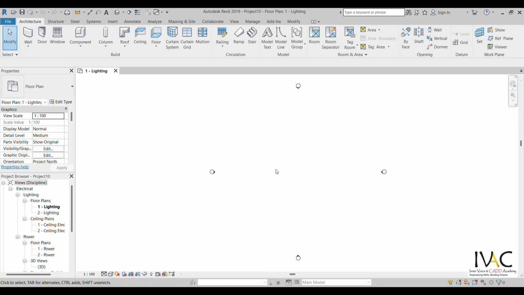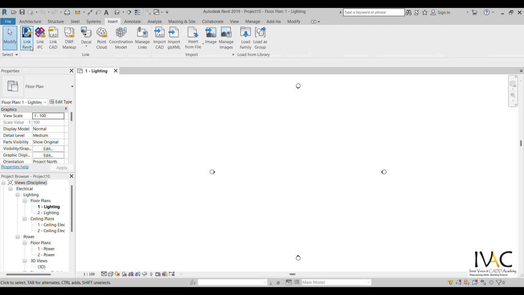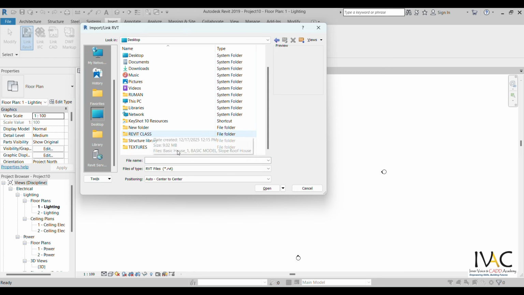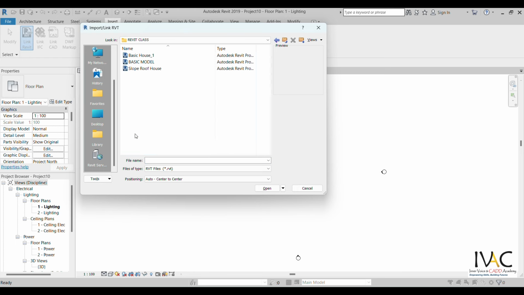Now next step is, we need to import that architectural file which we have created previously. So to import that, go to this insert option. Here select this link Revit and select this file. I have saved that on desktop. I'll go to desktop. I have created a folder as Revit class, slope proof house. After selecting this, make sure under positioning it should be auto center to center. Now click on